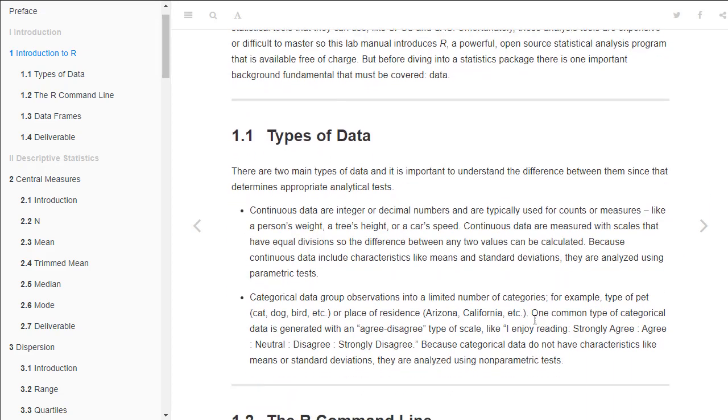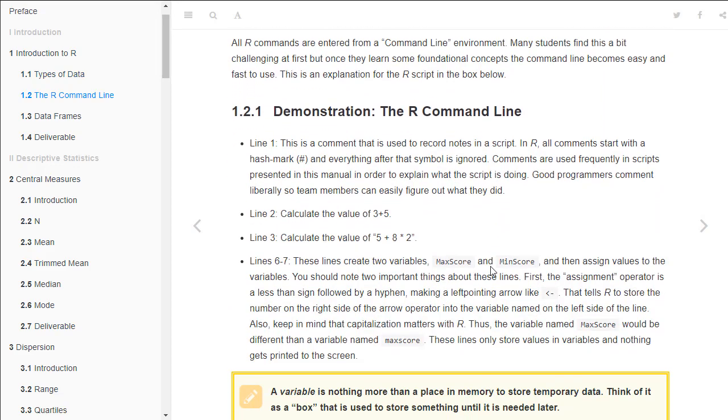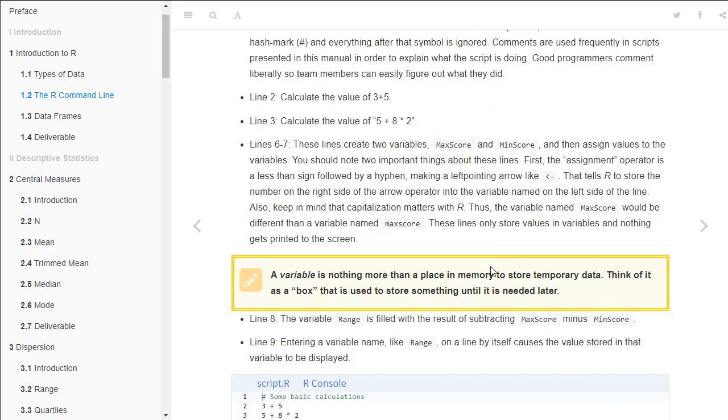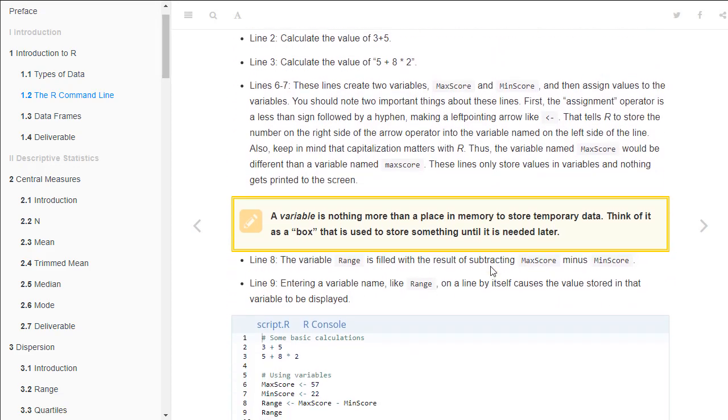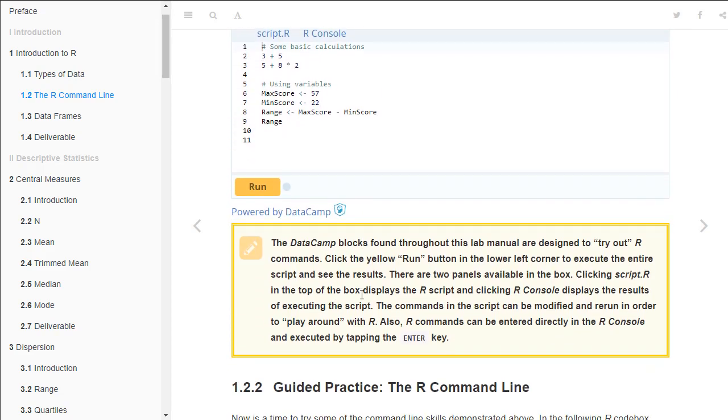In this lab, and you can read through some of this information at the top, I introduce the R command line, and there are some commands here in the demo that you can see. Here's a command, 3 plus 5, and then 5 plus 8 times 2. I have you put